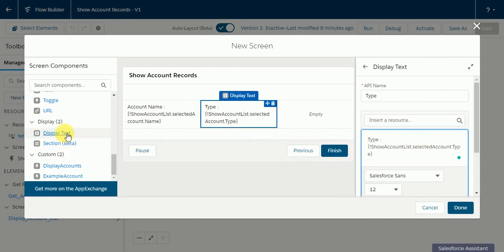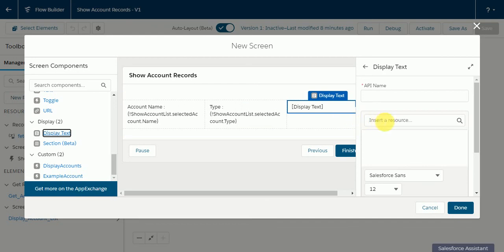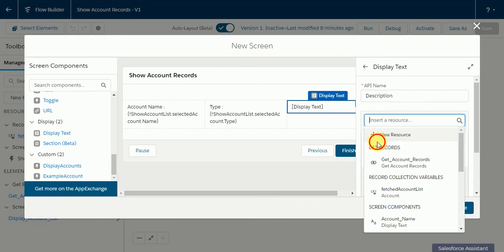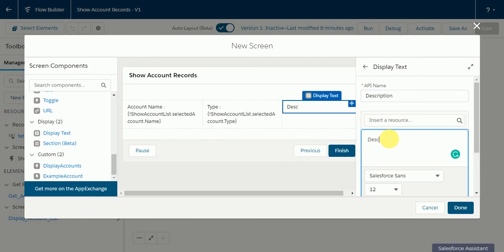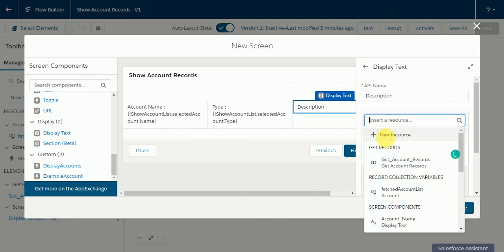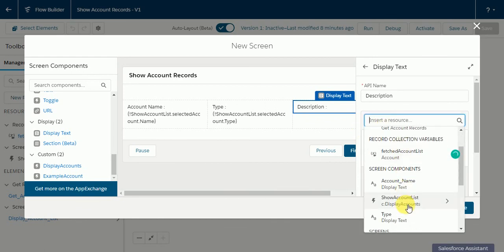And again I'm going to drag another display text to display the account description. Display the account description from the selected account.